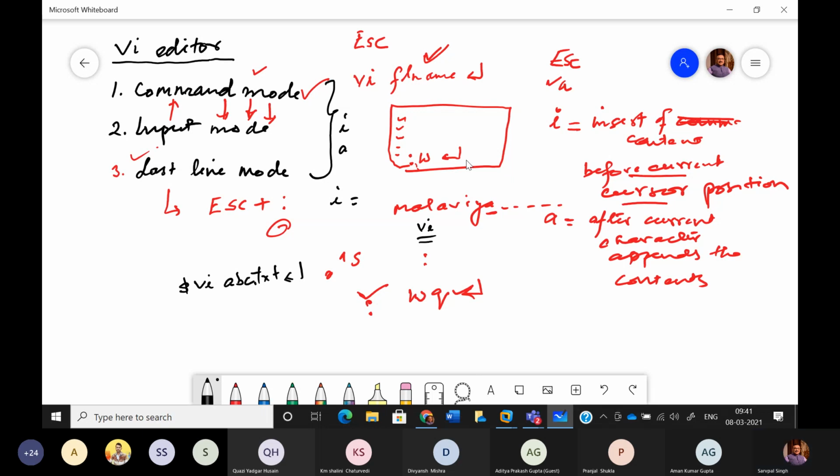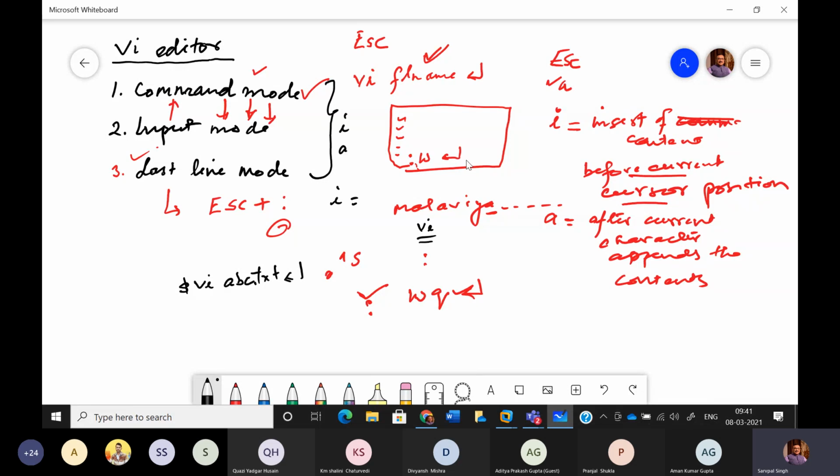And once the typing is over and you wish to save the content, so you have to move to last line mode. And how can we move to last line mode? Just press escape and then colon sign, ठीक है। It's not necessary, it's not required that you have to hold down this escape key pressed and then you press colon. No, you press escape कि आप make sure that कमांड मोड में है, उसके बाद कोलन साइन।